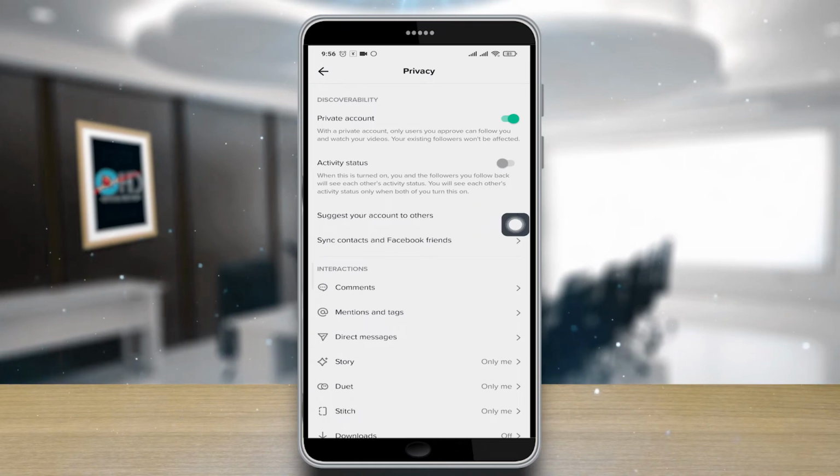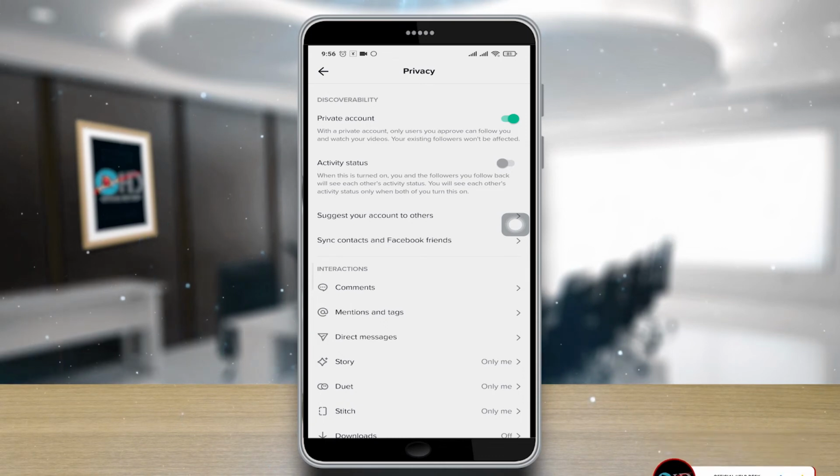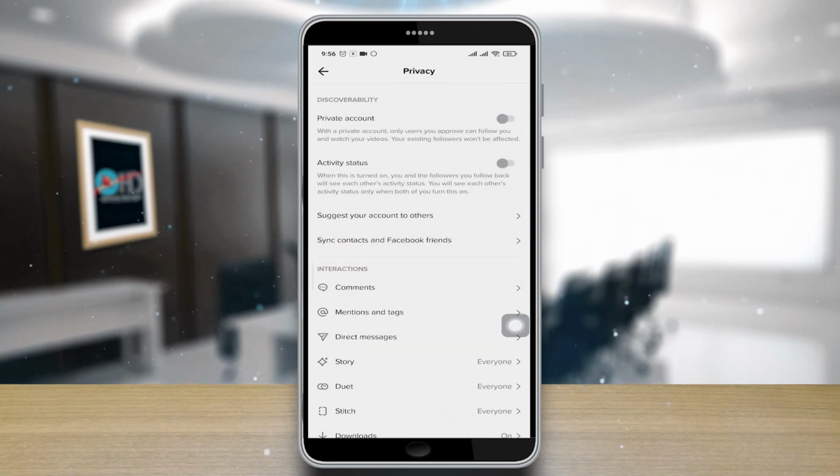As you can see, my account is currently private, which means that the people that don't follow me will not be able to see what I post on my TikTok account. Now to make it public, you simply need to toggle this option off. Tap on switch, and just like that, you've made your TikTok account not private. Now anyone on TikTok will be able to easily view your TikTok